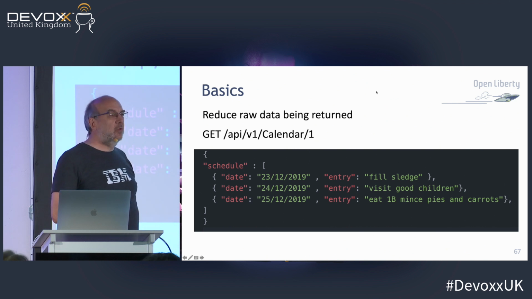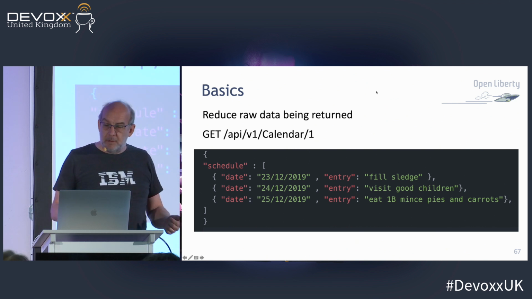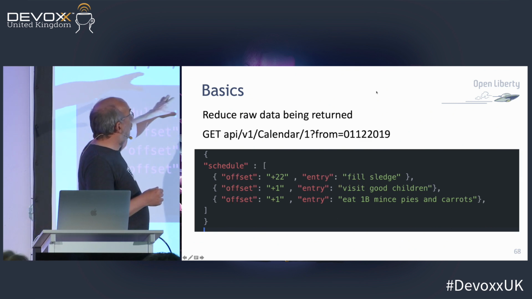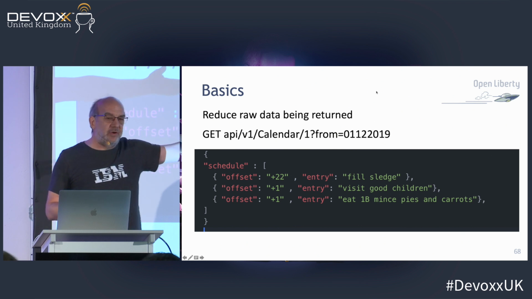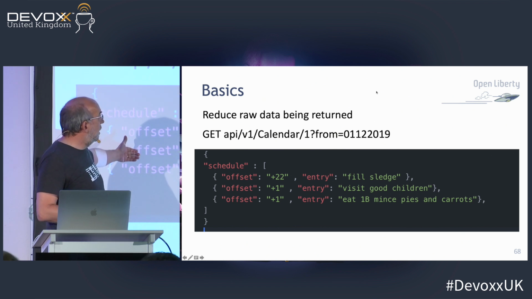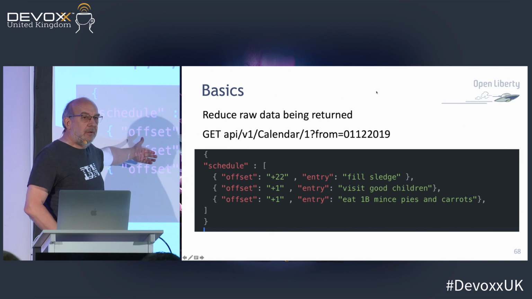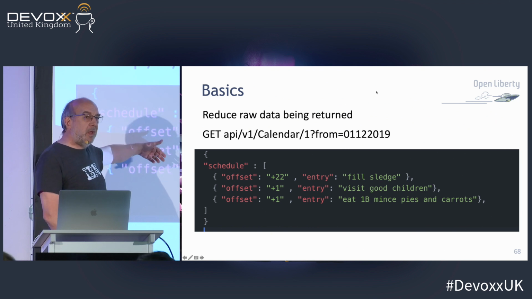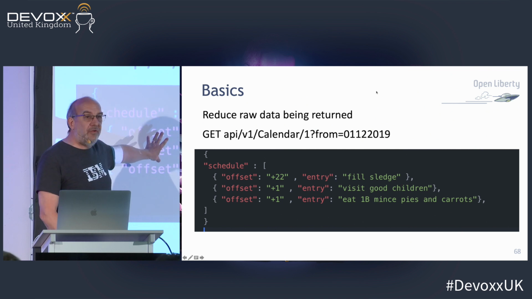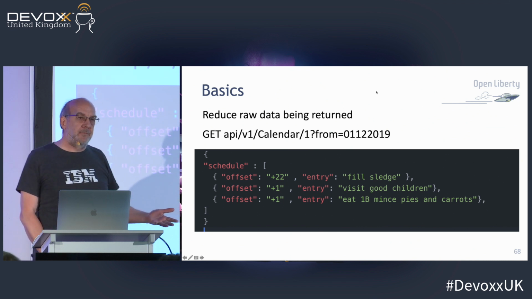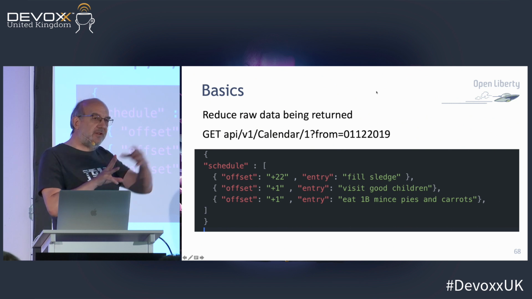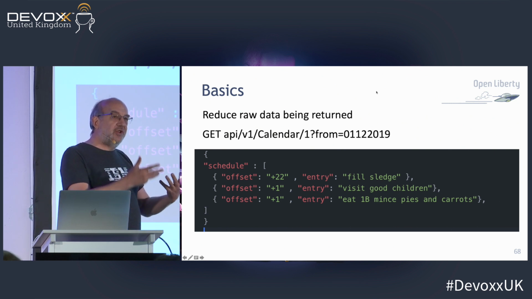I've given information away. I don't want to do that. What I do is think like this: I'm going to call the API and I'll give you some starting position, and then the information that comes back for me is relative to some starting position. You can still code to that, but it's harder for human beings and bots to work out what this is, because as soon as they understand what this data format is, they can fuzz it. So it's you thinking about how you can restrict the data you're giving out, but still achieve your goals.